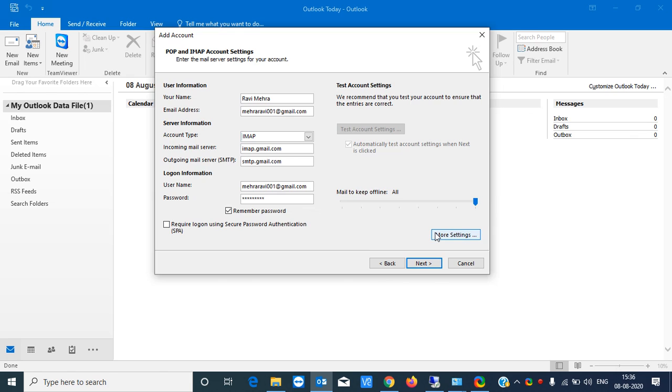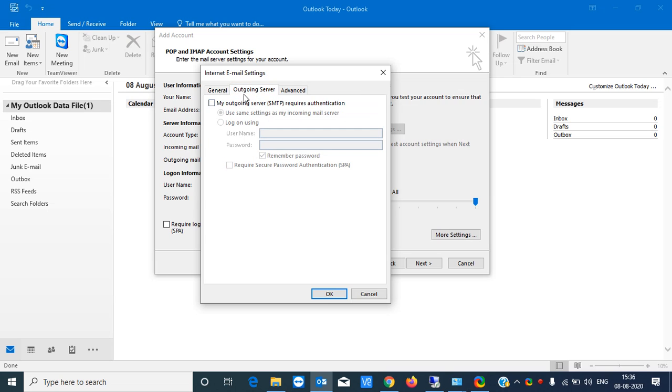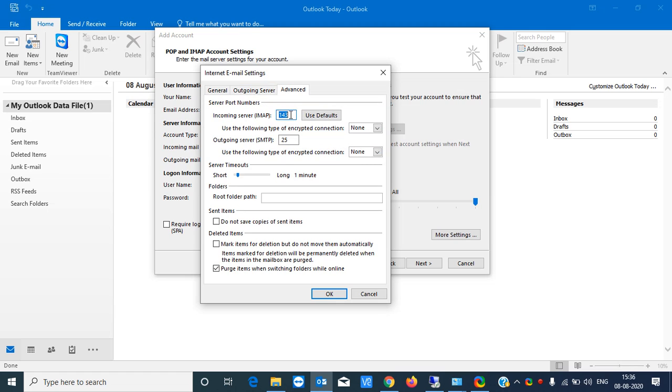Now go to More Settings. A window will again come up like that. Choose the Outgoing Server tab, and then go to Advanced. Here you can see the port number: the IMAP port number is 143 without SSL. If you choose SSL, the port number will be fetched automatically for the IMAP server, so you don't need to put it here.